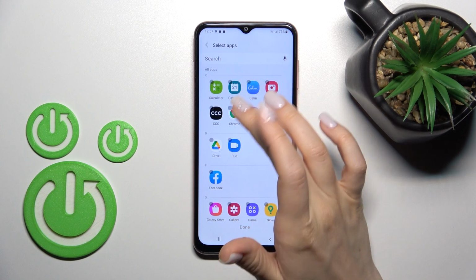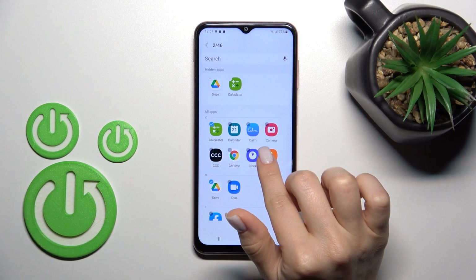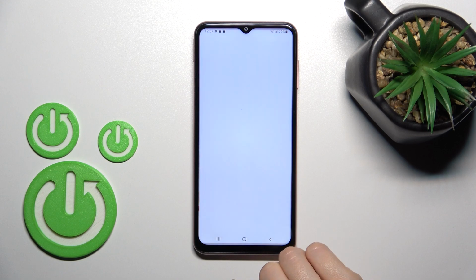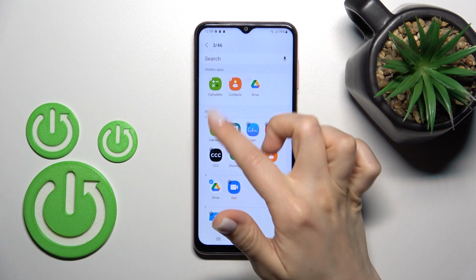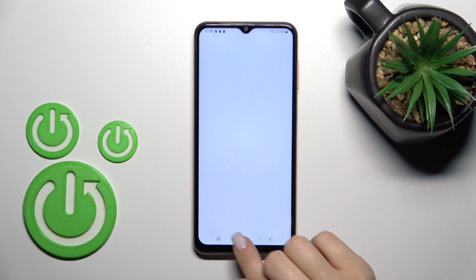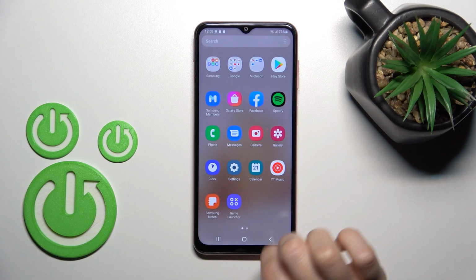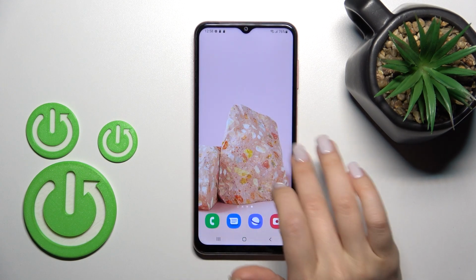And now let's select, for example, Google Drive, the Calculator and the Camera app or Contacts. Then just click here on Done. Now we can see the hidden applications in this section. So now we can see that we can no longer find these apps here in the apps menu and on our